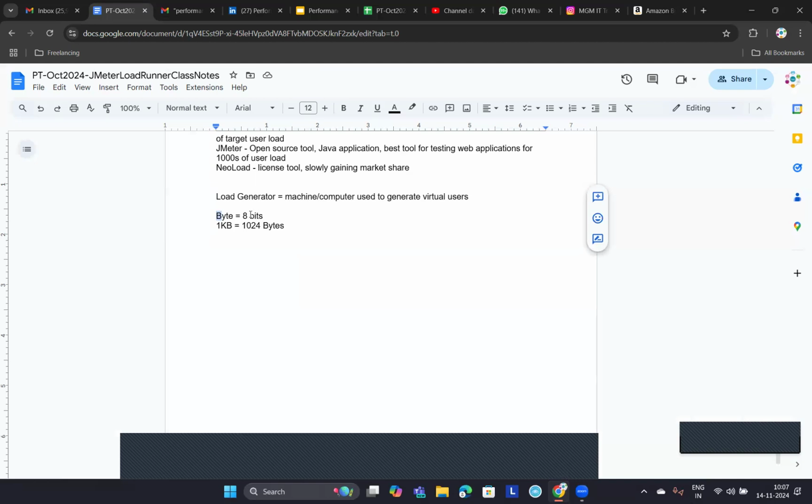Bits is represented by small letter and byte is represented by capital letter. Okay. So 1 kilobyte is equal to 1024 bytes, isn't it? 1024 bytes. And next unit of measurement is 1 MB. 1 MB is equal to 1024 KB, right? You should use capital letters, right? And then next unit of measurement is,